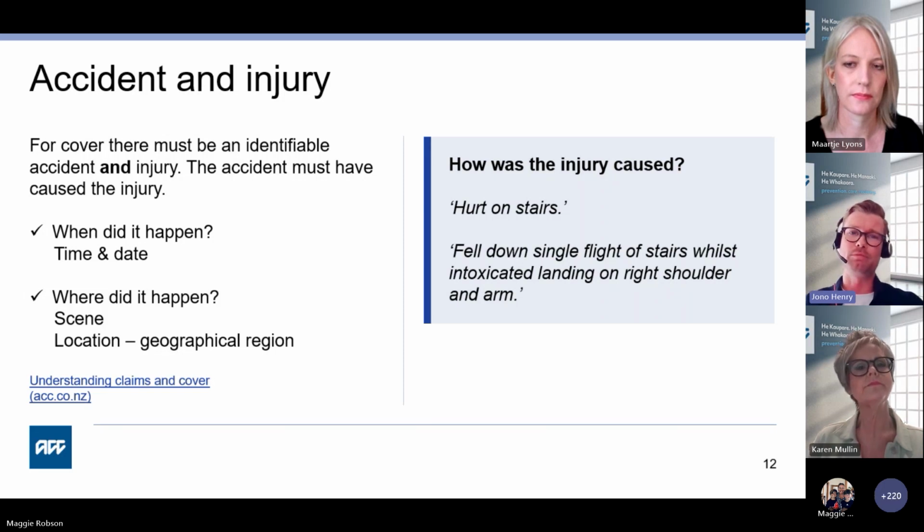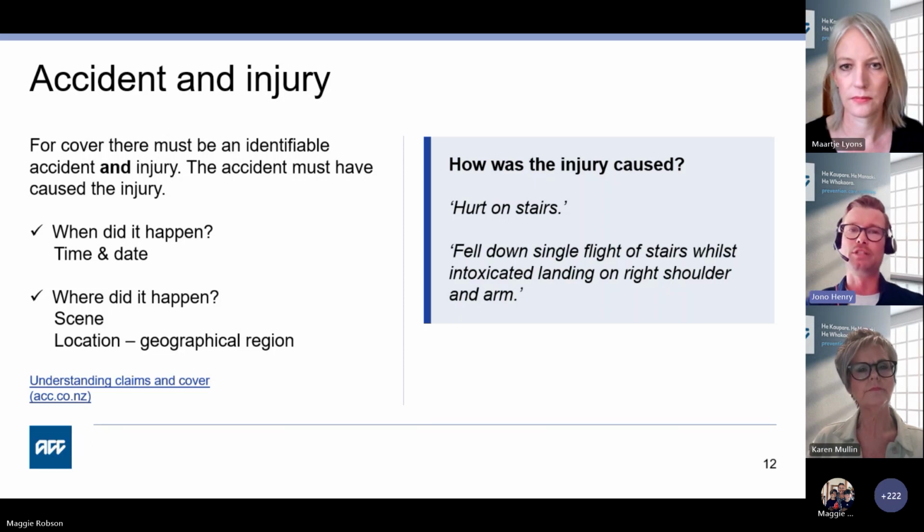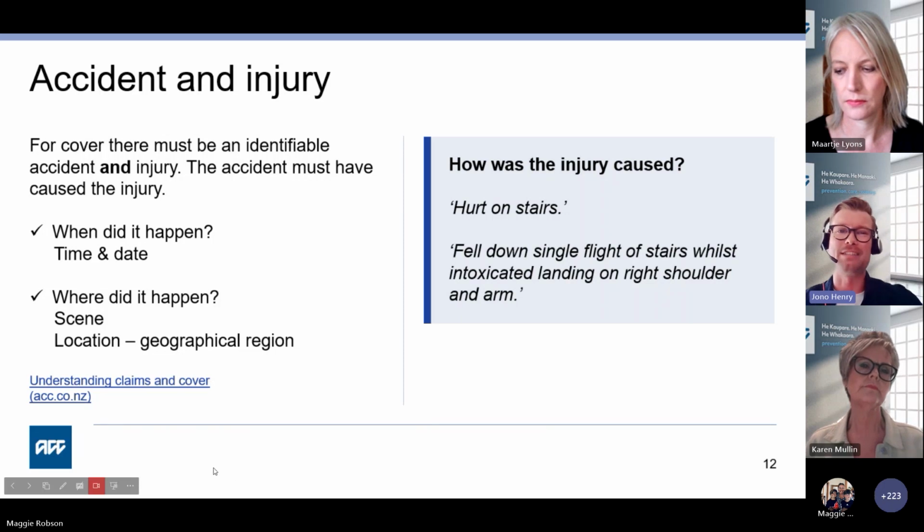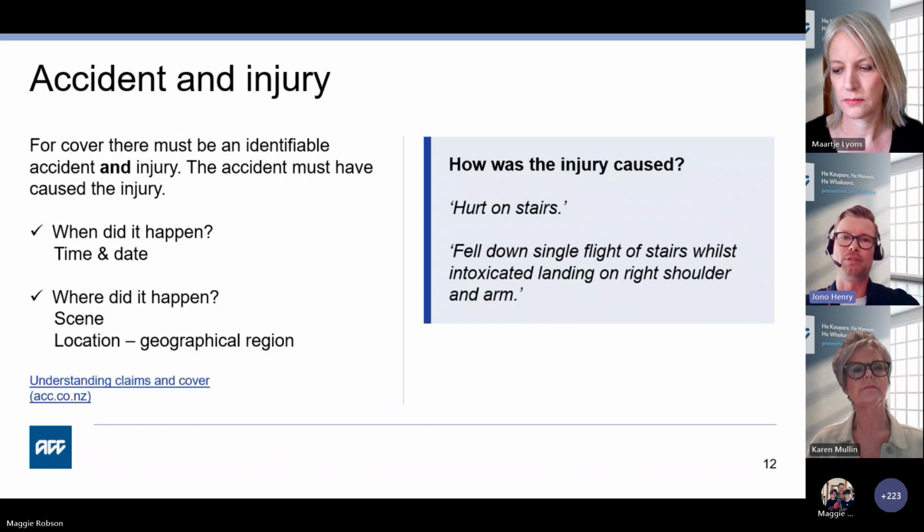Another example of poor versus a great accident description may be twisted and felt pain. This is a poor example and doesn't provide us with specifics on what may have occurred during the accident event. A better way of describing this may be helping a friend move house, lifted fridge and twisted when loading into a trailer and felt pain in lower back. This example gives us a clear mechanism and region of body which may have been injured. You can see how very vague accident descriptions might create difficulty for us in determining the exact event when lodging the claim and cause potential delays on claim processing.